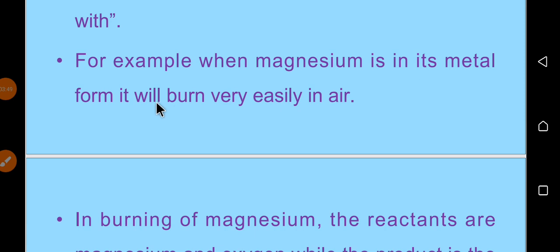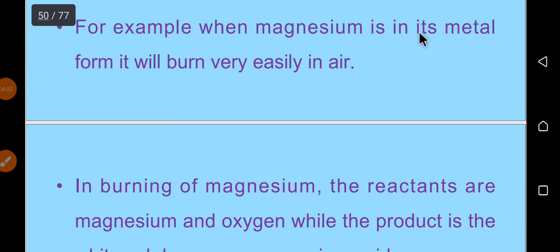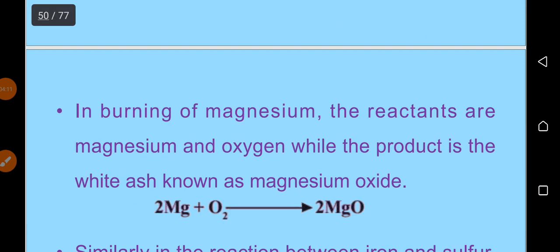in its metal form, it will burn very easily in air. ማለትም in the burning of magnesium ከላይ ማግኔዚየም ከሜታል ፎርም as a metal form ያለ ማለት ነው። በርን የሚደረግ በርን ማለት something react with oxygen ማለት ነው። In the burning of magnesium the reactants are magnesium and oxygen, while the product is a white ash known as